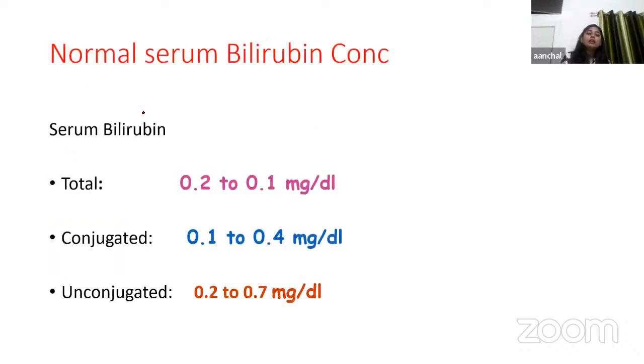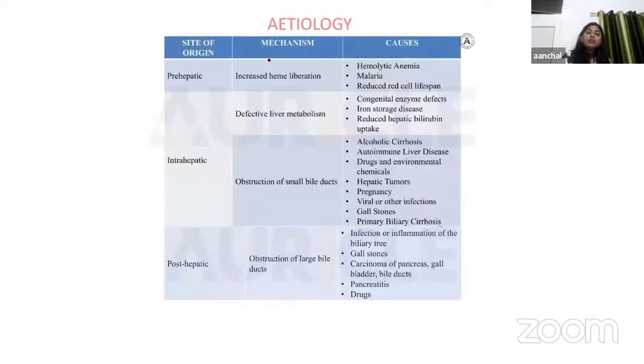So as we know, the total serum bilirubin is 0.2 to 1.0 mg per deciliter. Conjugated is 0.1 to 0.4 mg per deciliter, and unconjugated is 0.2 to 0.7 mg per deciliter. Then, talking about the etiology, the mechanism involved in prehepatic jaundice is increase in heme liberation, and whenever there is a defect in liver metabolism,